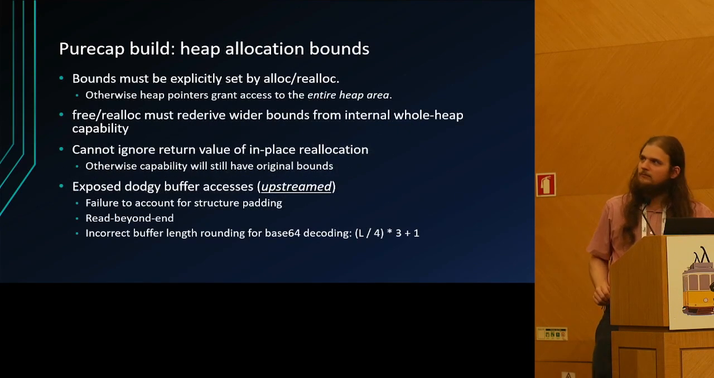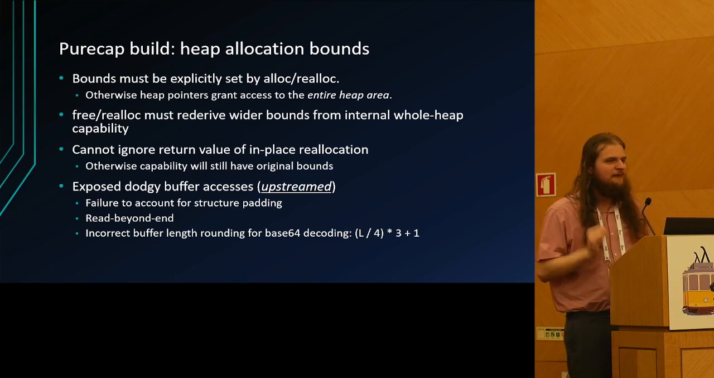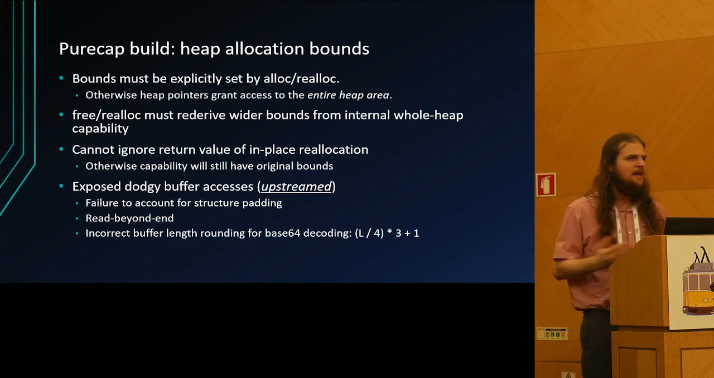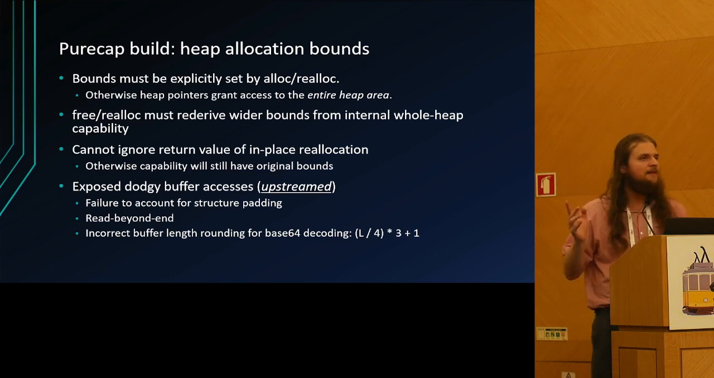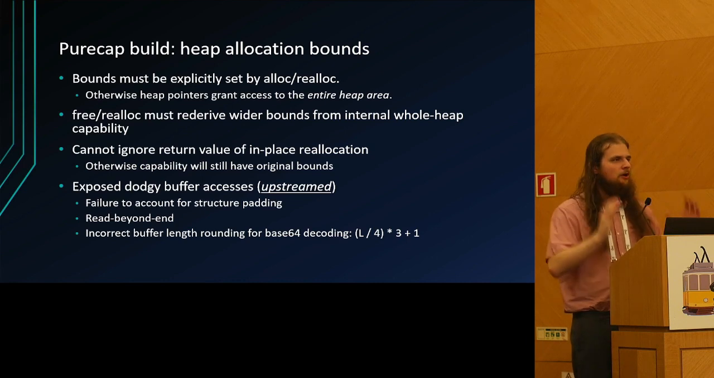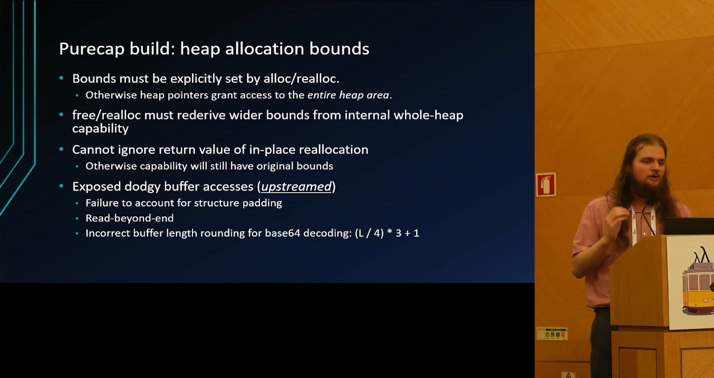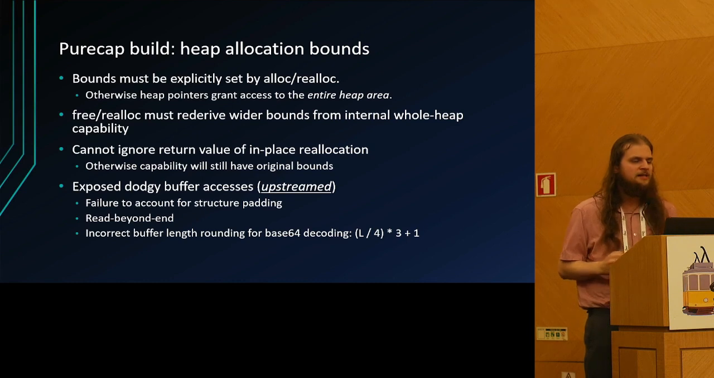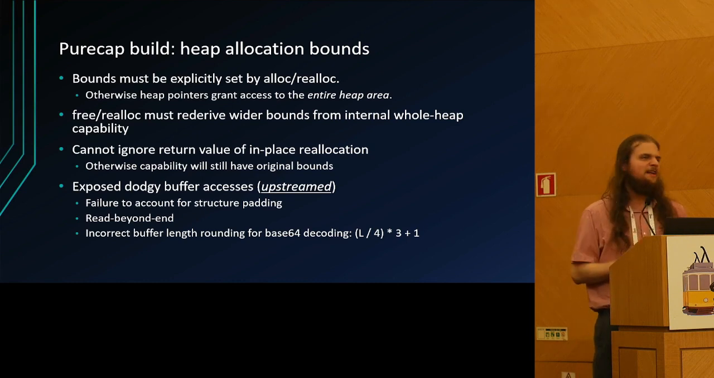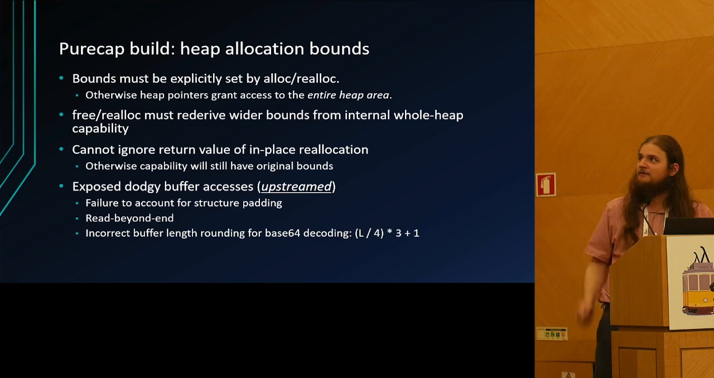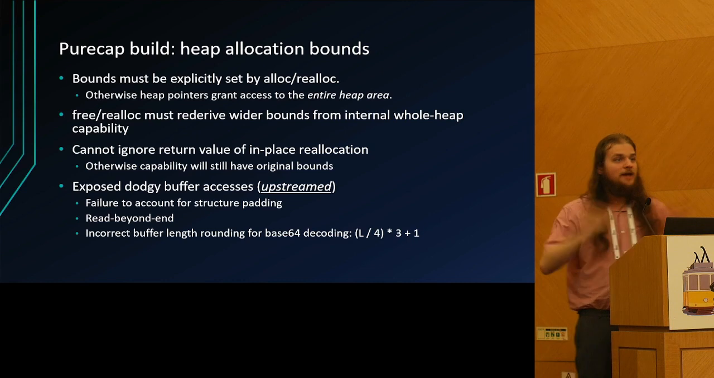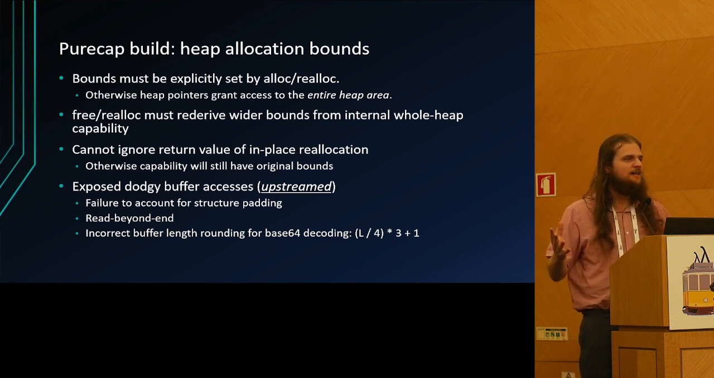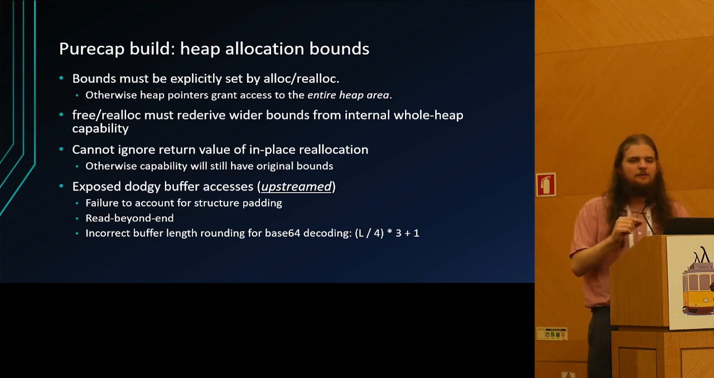In order to realize the advantages, the compiler can automatically set bounds on stack allocations in a nice way, but we need to tell our heap allocator to set explicit bounds on the pointers that it allocates, because otherwise heap pointers grant access to the entire heap area, and that's not desirable. So we also need to rederive the wider bounds within our free or realloc in order to manipulate the heap data. So we have to be careful